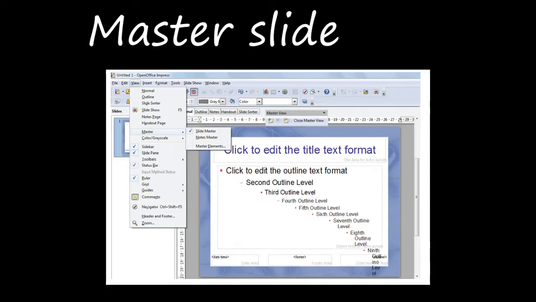That means one master slide will be there. Based on that master slide only, all the other slides will be formatted, right? When you give a style to the master slide, automatically all the other slides will have the same style or theme, right? A slideshow can have more than one master slide also, right?